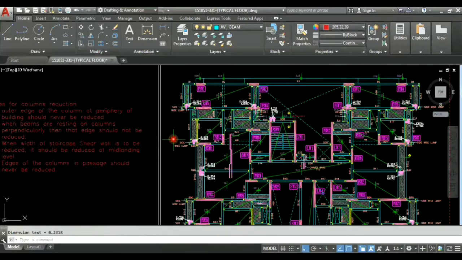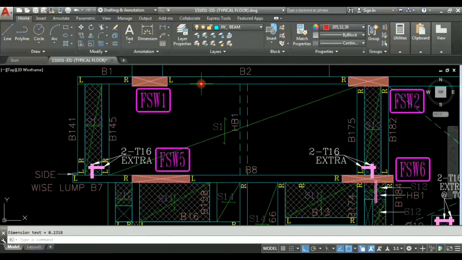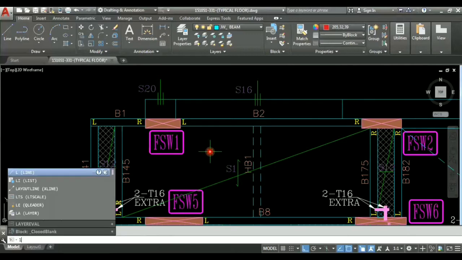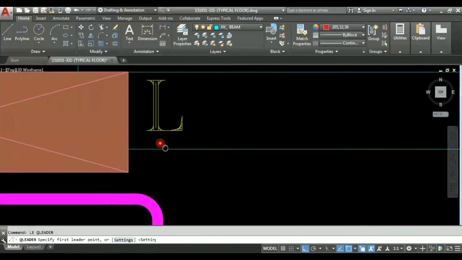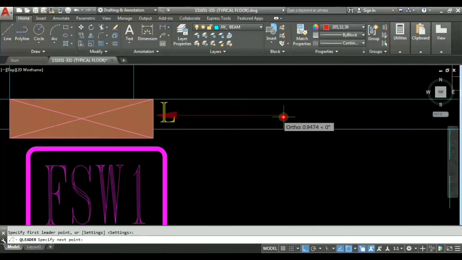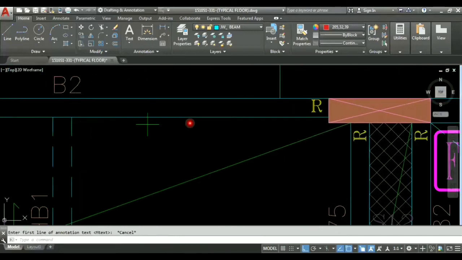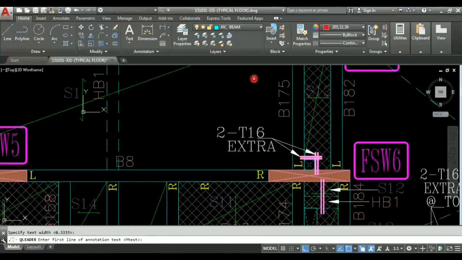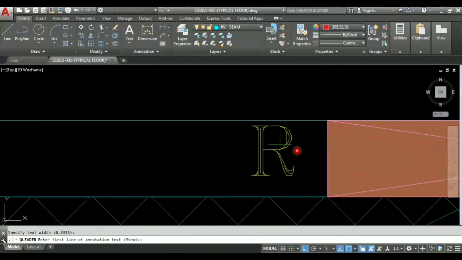So now let us mark the reduction faces in our drawing. For that I will take the help of leaders and I will mark the direction, that from this edge you can reduce the size of the column. From this edge we can reduce this edge of the column. Now again here, from this edge we can reduce the column.